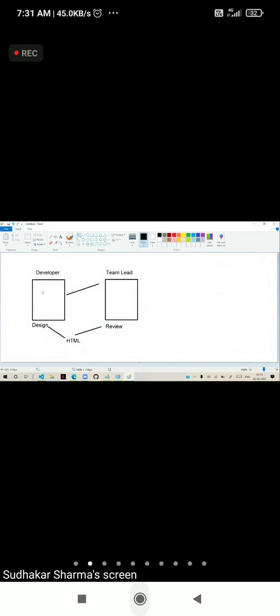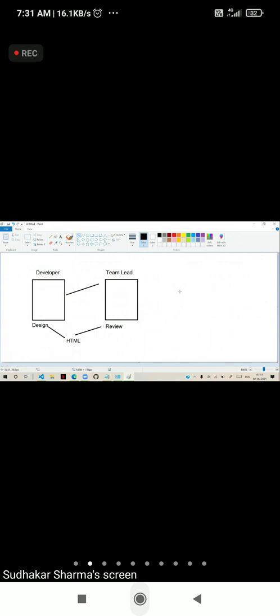That means now we need some code for reviewing. For designing, we need a code. For reviewing, we need a code. We need some indication. We have to tell the developer that here I made some highlight. I made some changes. You please check them and update them. We need to tell that.